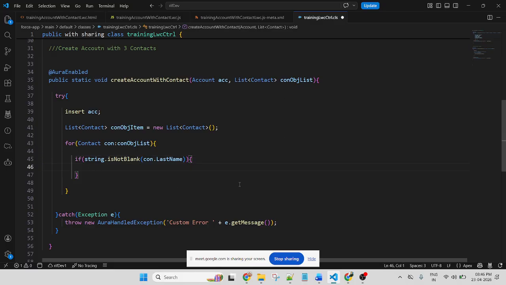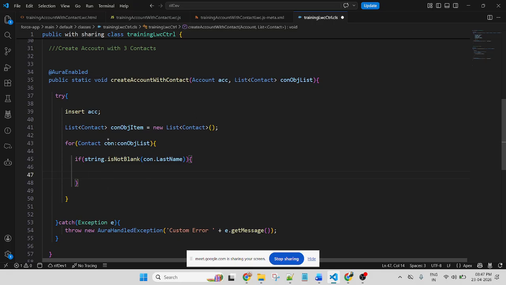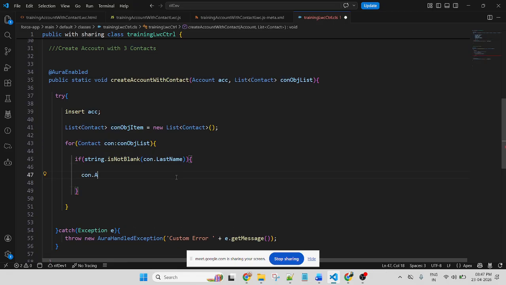I will check if the last name is not blank, then I will add to the newly created list of contact, linked to this account. To link this one, con dot account ID, this is a lookup.